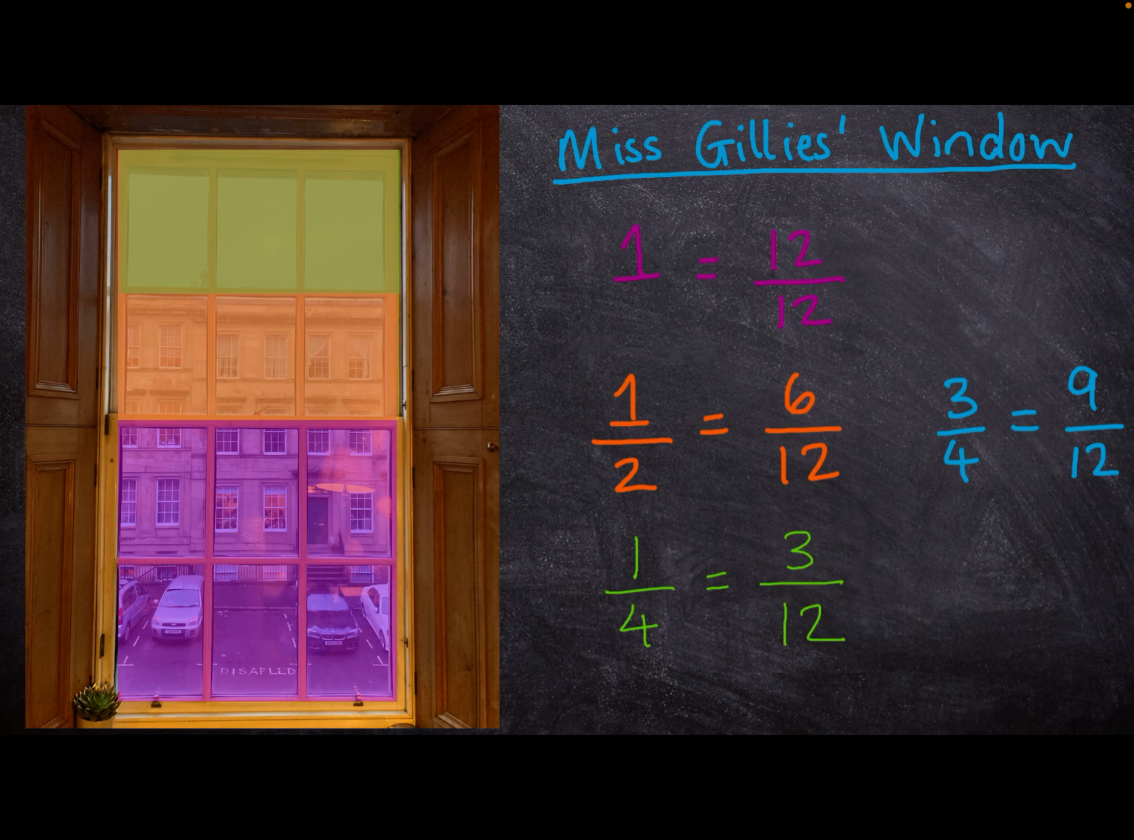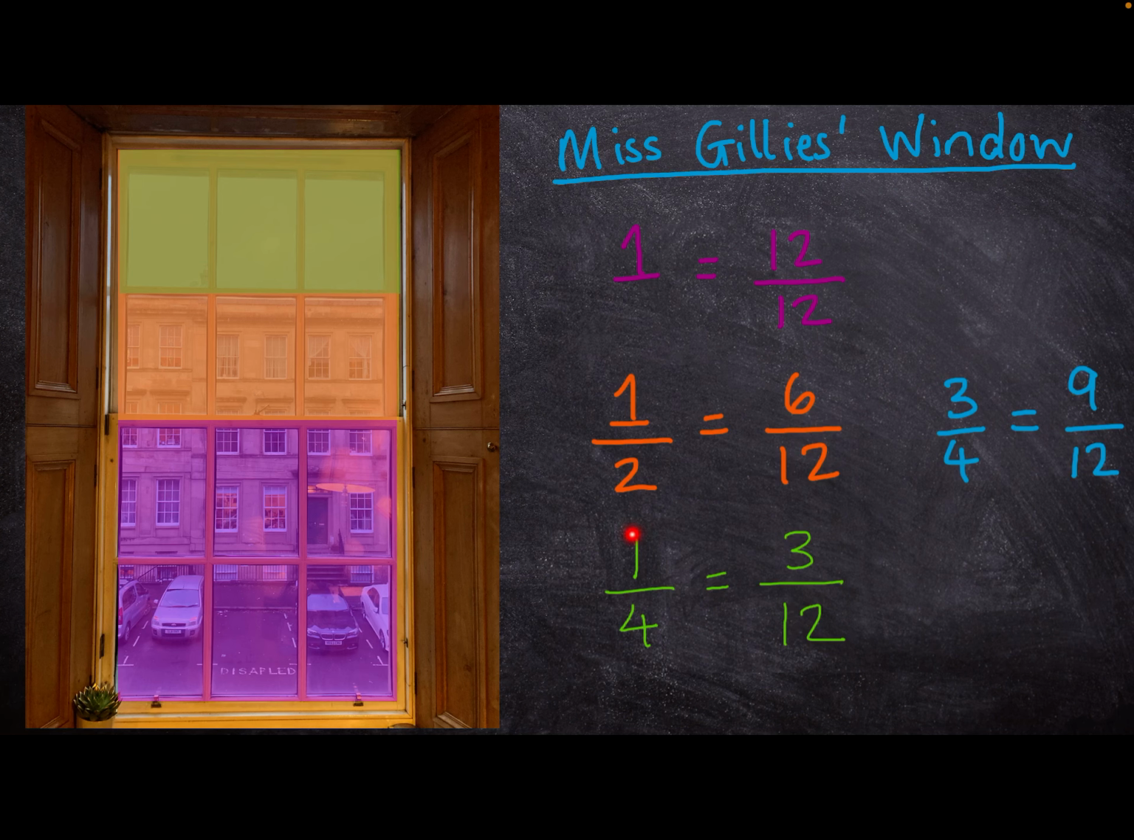Next, let's look at this little green box. Can you see that that little green box, compared to the whole window, is actually a quarter. I could fit 4 of these boxes into the whole window. 1, 2, 3, 4. So a quarter of the shape is equal to 1, 2, 3/12, 3 of those smaller